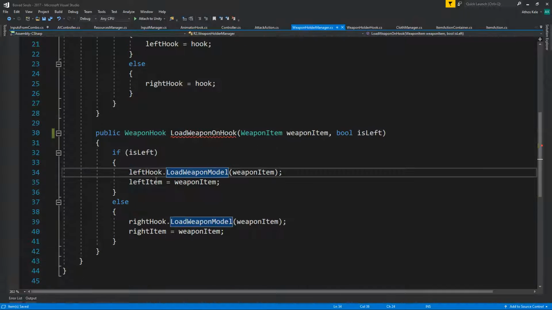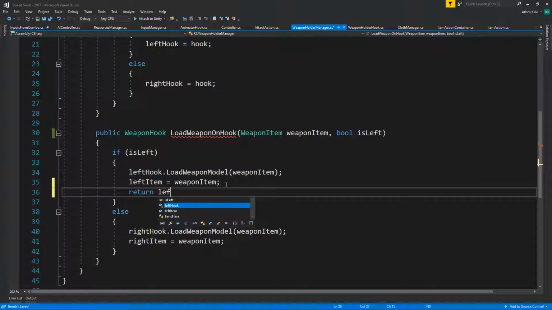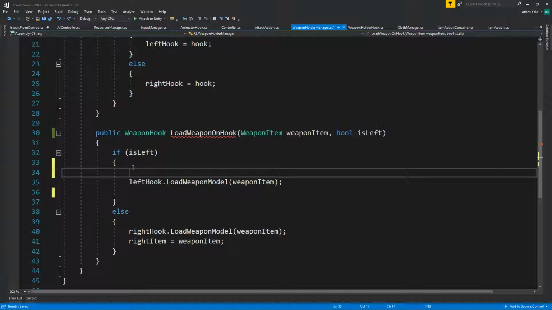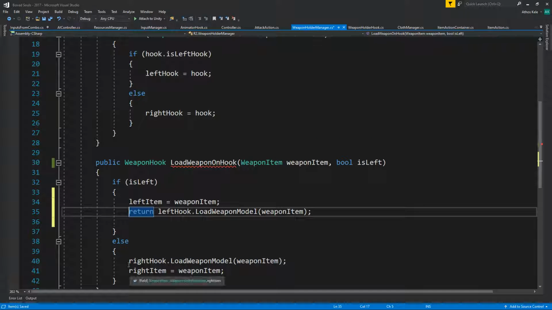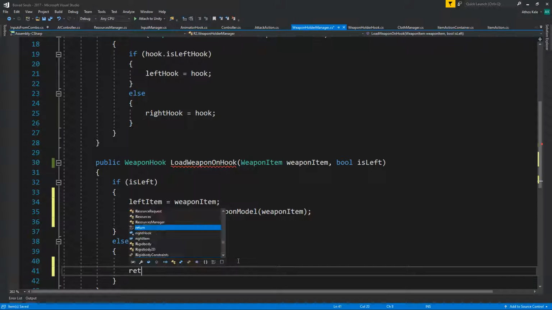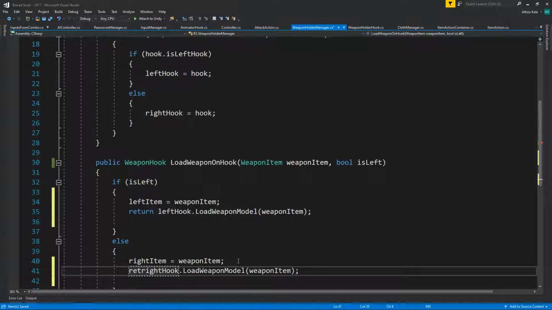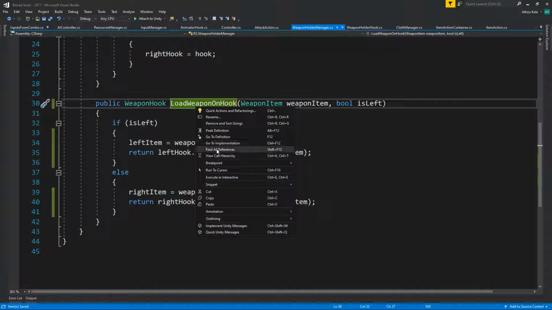Then going upwards, return left hook, oops. Okay, then okay, then one step above,